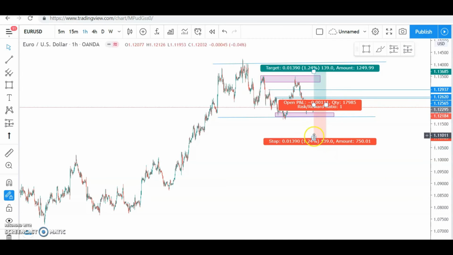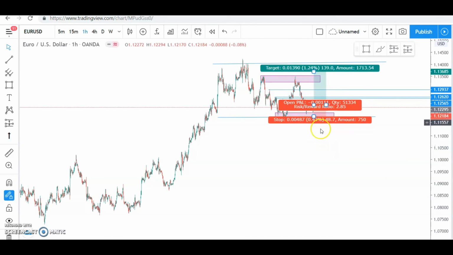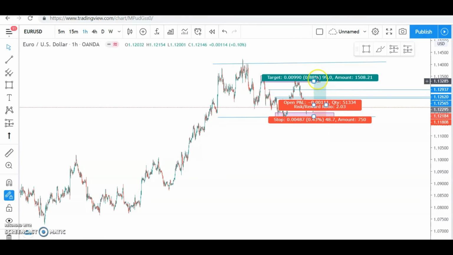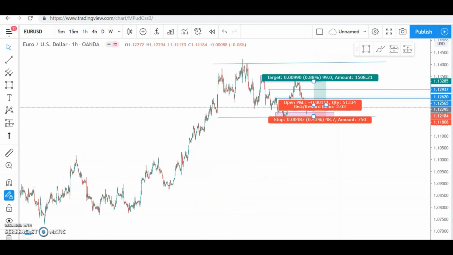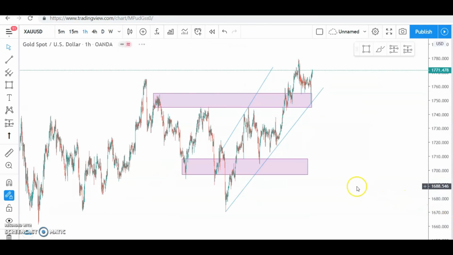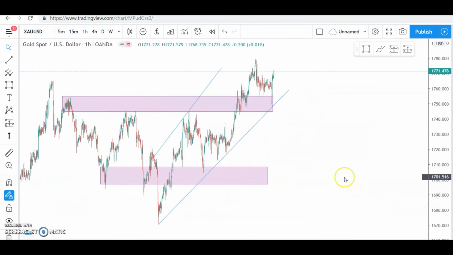Put your stop loss tight and your take profit level here. This is a good trade, good risk reward ratio right there. Now almost 100 pips take profit and 50 pips stop loss. Good trade. And again, let's look at gold before we go. Gold has been respecting our